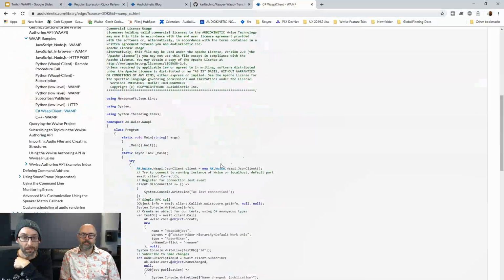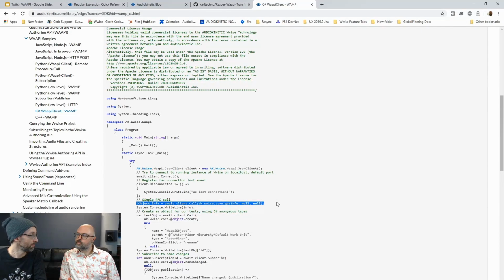In C#, what you need to do is create the WAAPI client, then you connect, and then you invoke a function call. So we could say it's three steps.